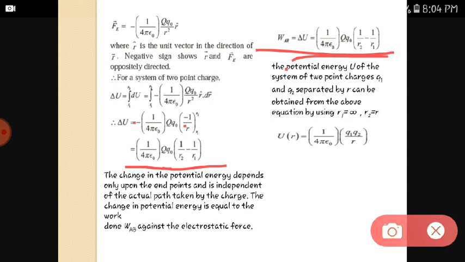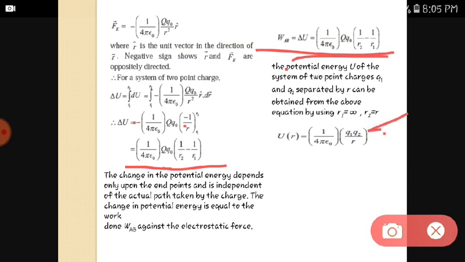Now if we consider 2 point charges Q1 and Q2, according to the definition, to take the charge from infinity to a single point, like that example of the bulb, to take that bulb from some point to the plug, so that some point is at infinity and the bulb is at some fixed point. So we are going to consider R1 as infinity and R2 as a point where the exact potential is there. So here is the R.